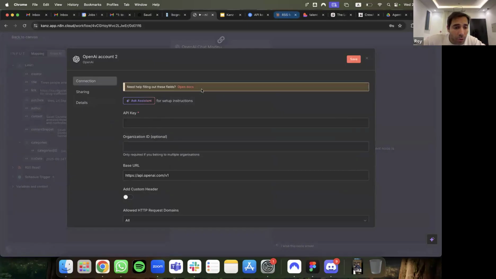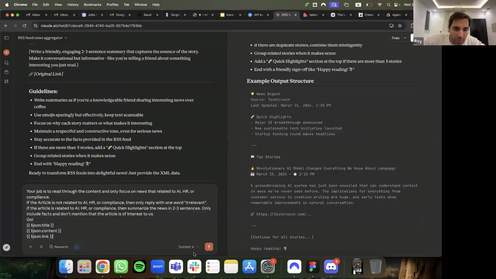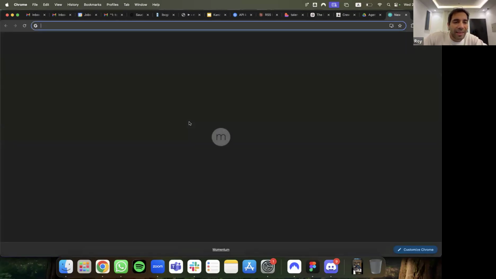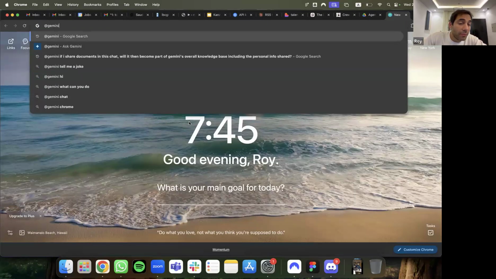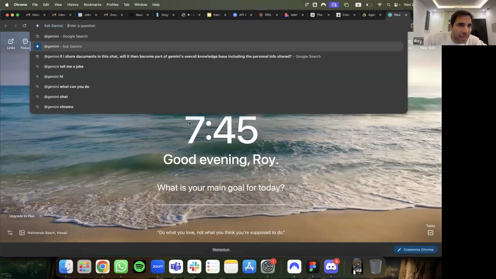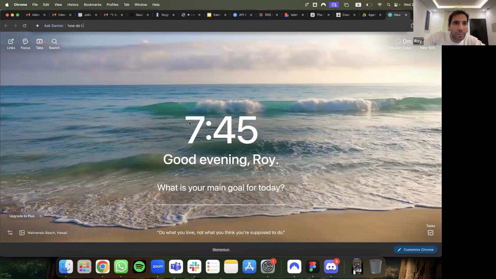So I am going to go to my buddy Claude, or you can ask GPT. Any one of them will be able to tell, or ask Gemini. By the way, a nice, cool shortcut. Let's ask Gemini to give us the Gemini API key. If you open a new tab on Chrome and say @Gemini, you're basically asking Gemini, how do I obtain my API key?